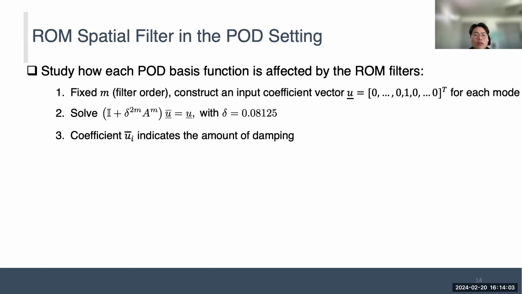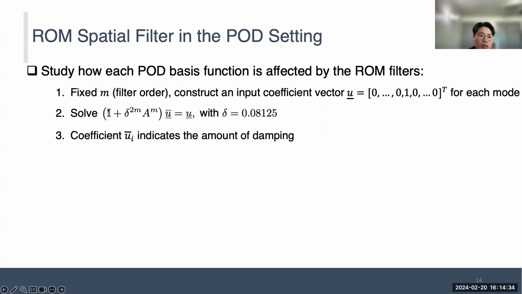And we further studied the ROM spatial filter in the POD setting. Specifically, we want to know how each POD basis is affected by the ROM filters. So the procedure is as follows. We fix the filter order m. And for each mode, we construct an input coefficient vector U, where it's 0 everywhere except 1 at the ith index. And then we solve the